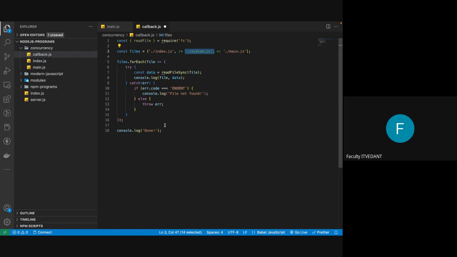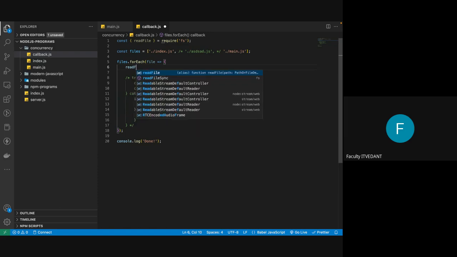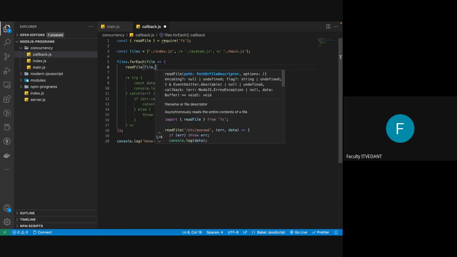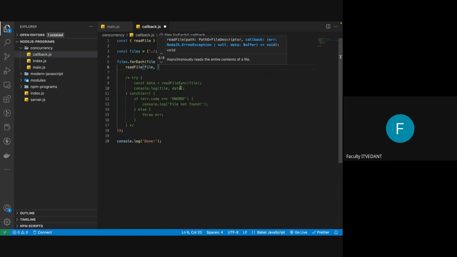Now for a callback function, I'll just comment this code. How do you read this code in an asynchronous way using the callback pattern? Now this readFile function, if you see this, will accept multiple parameters. First is path, which is your file. Second parameter will have options and the rest of the code. But the second parameter can be a callback function as well. There are multiple overloaded functions. You can see there's a callback function,